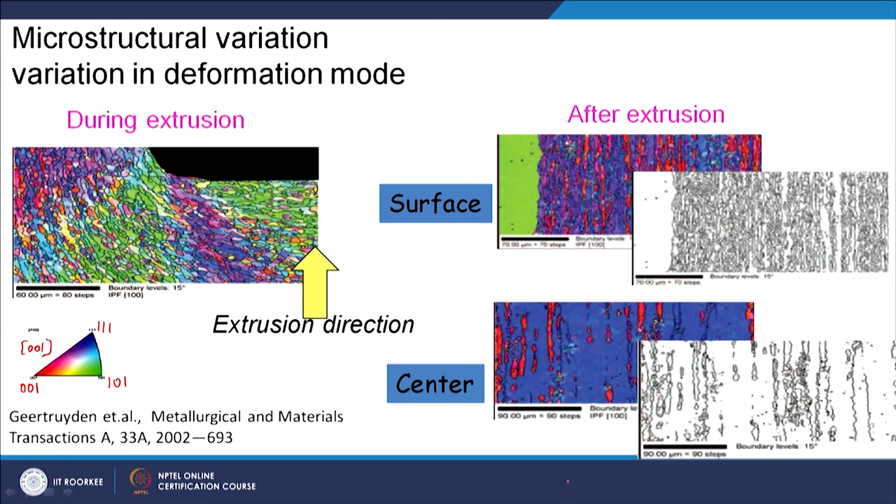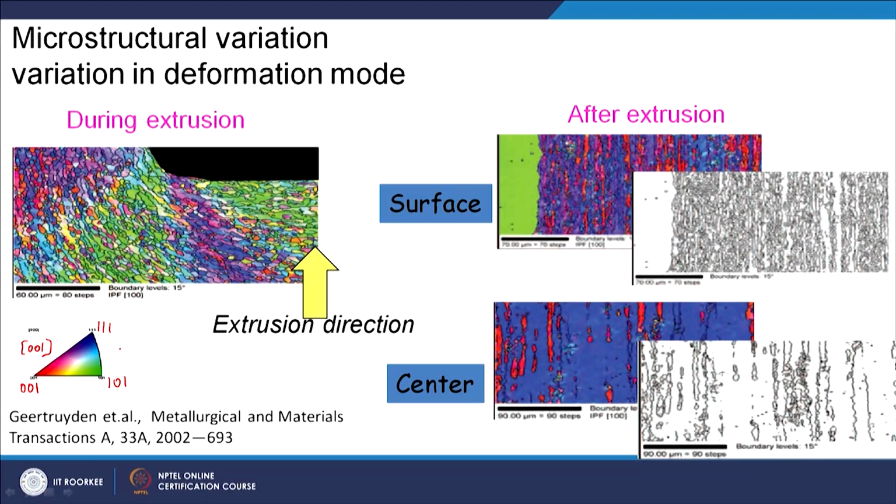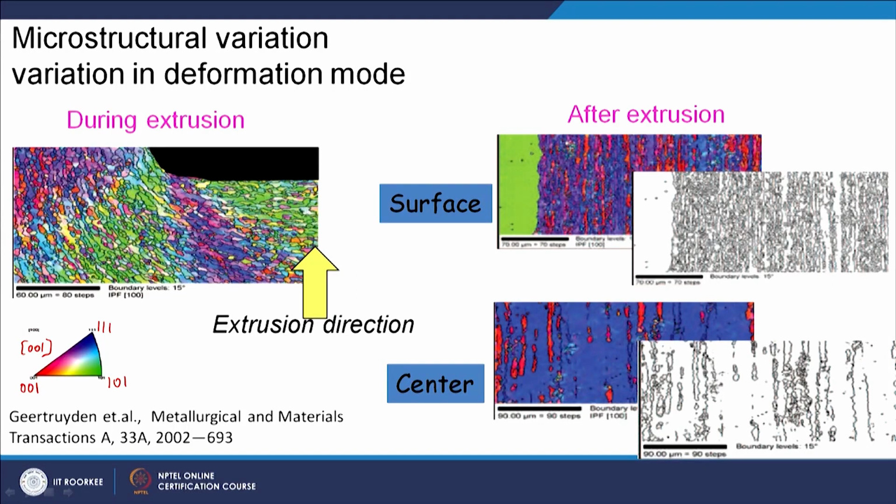So, basically what these colors are showing is given as a key here. If any grain is red, that means the 001 axis of that grain is coming out from the surface here. If it is a green colored grain, that means the 110 axis is coming out. If it is blue, then the 111 axis is coming out. So, you can see again very nicely how the orientation of the grain is changing during the deformation process.